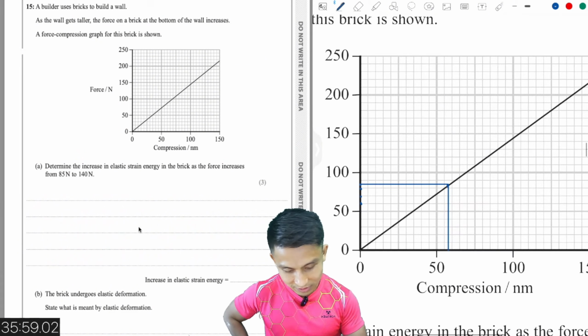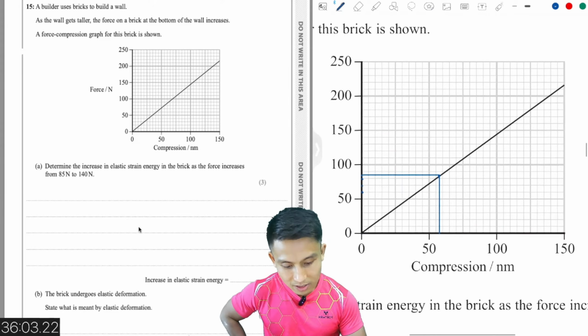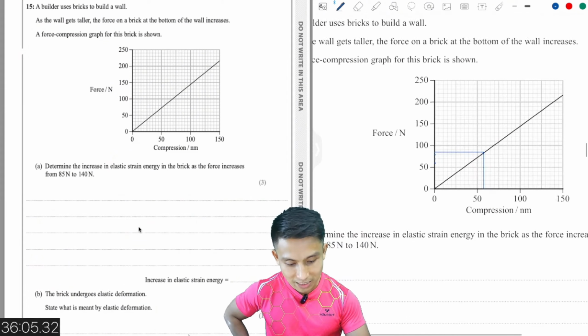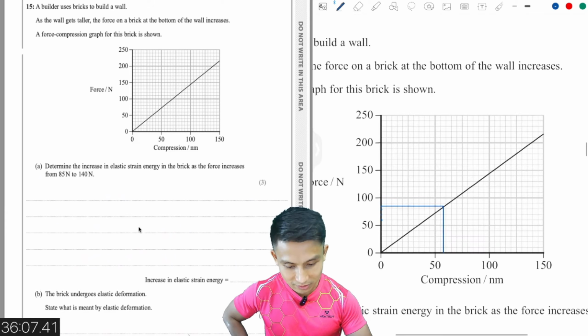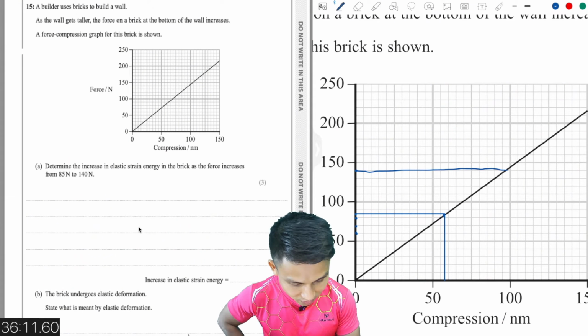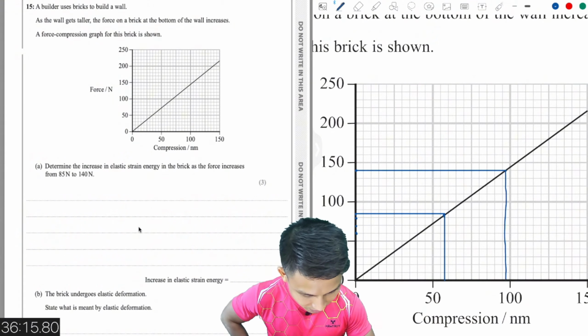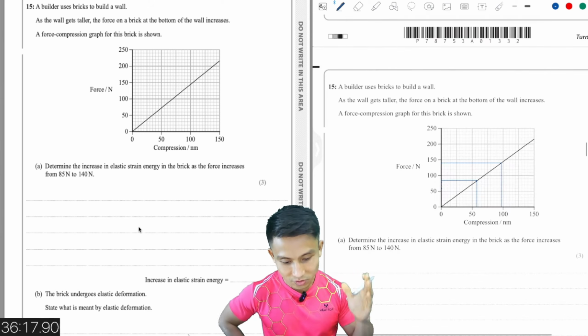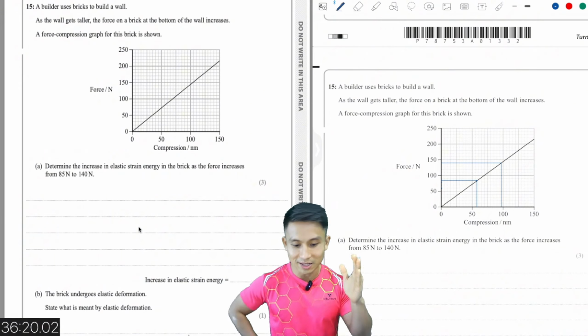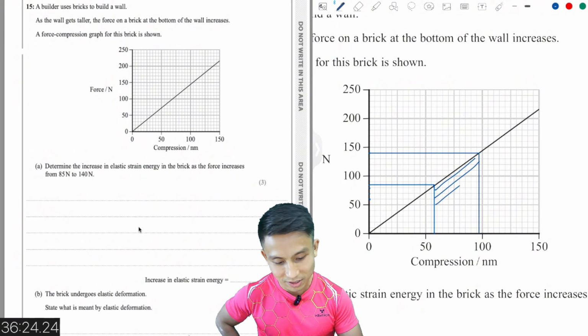Let's do that. Okay, sorry. We would have to do the other line as well, 140. So 140 is probably more accurately that. Ooh, but maybe the x value might be also halfway here. Now, what we need to do is that the increase in elastic strain energy would be just this area here,